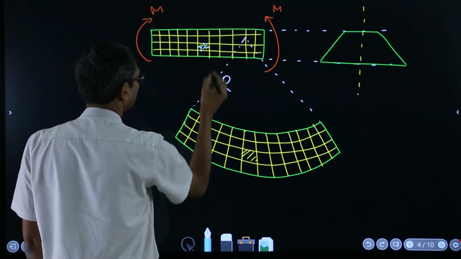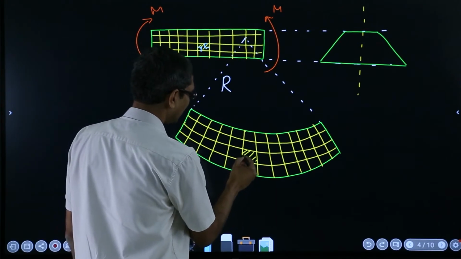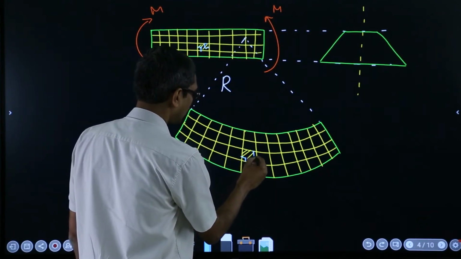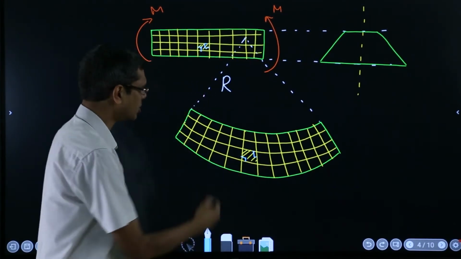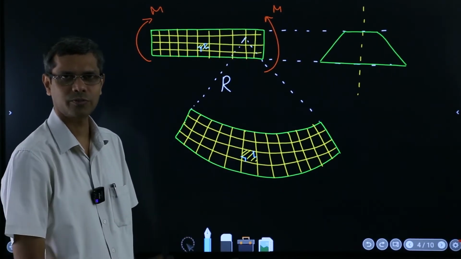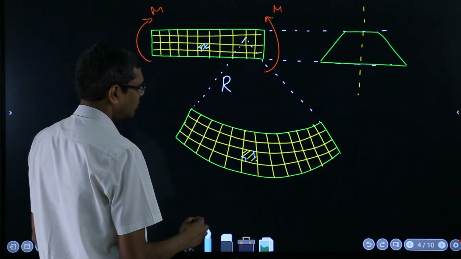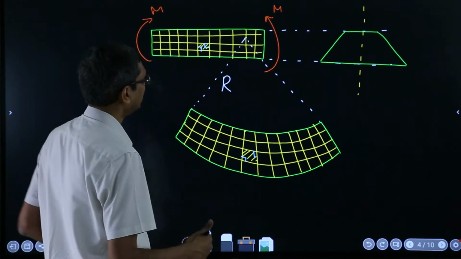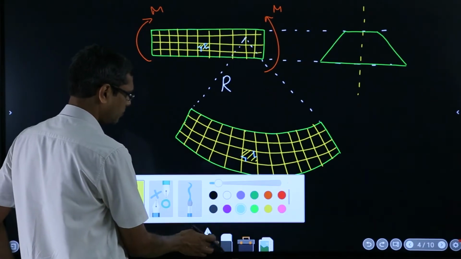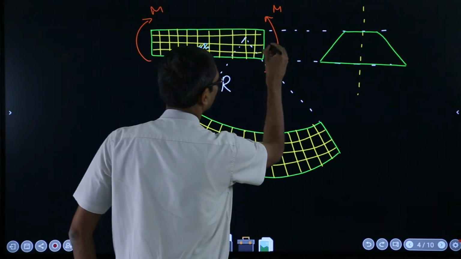All these angles were 90 degrees here, and what happened to them here? Now also they are 90 degrees because these are circles and these are radii. So they will always meet at 90 degrees to each other. So that means your shear strain in this plane,